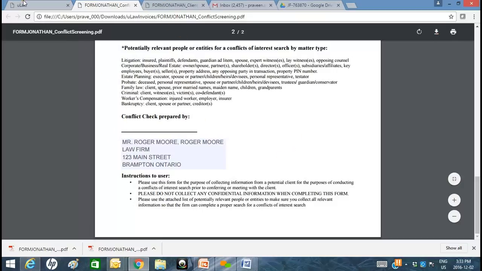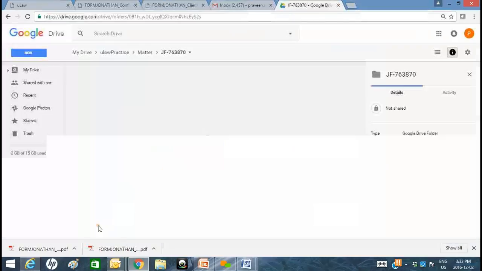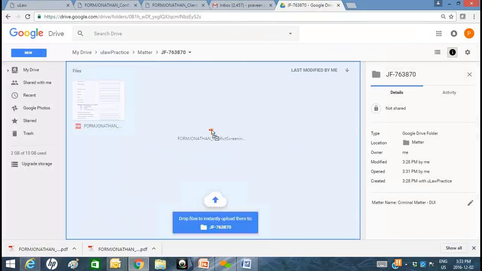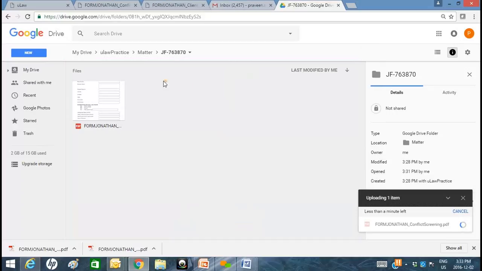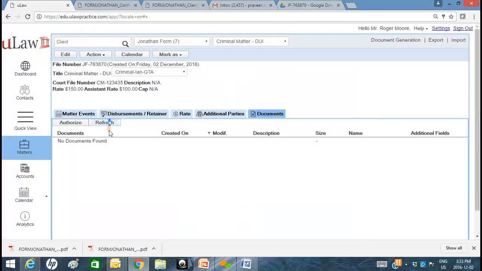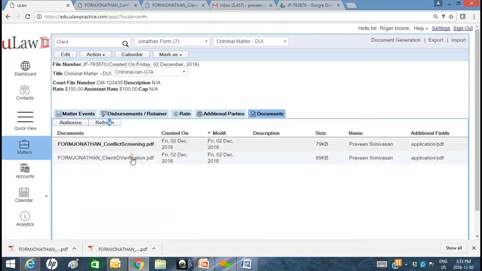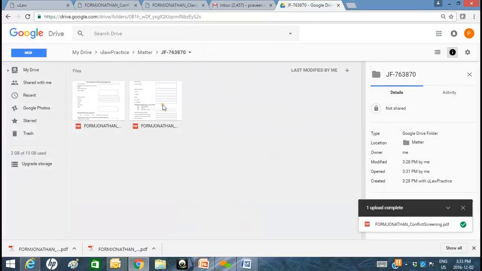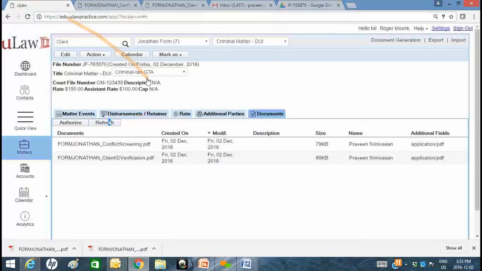And let me show you how you could drag and drop this. So let's say this is the PDF that we generated. Drag and drop that right into your Google Drive. So it's really you dropping it into Google Drive. And then when you come back and you hit refresh within uLaw, within that matter, you're going to notice right away those two different documents that you actually digitally stored within Google Drive, because of its relationship with the file number, is directly associated right under here. Okay? So I hope that answers that question,